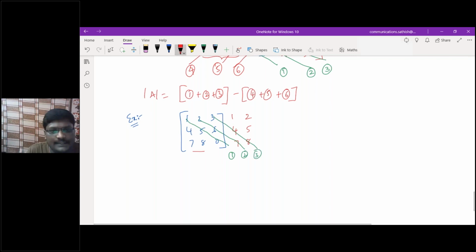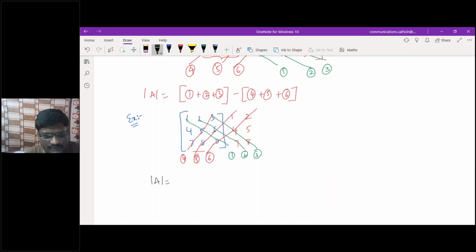Next, opposite side, middle diagonal elements, below the diagonal elements, below the diagonal elements. Come on, cross verify it. This is 4, this is 5, this is 6. Give me the answer for this. Mod A is equivalent to what? 1, 2, 3. Yeah. 1 into 5 into 0. You will have it as 27. Same, you will get 27 only, if you are properly following. 2, 6, 12, 12, 7.